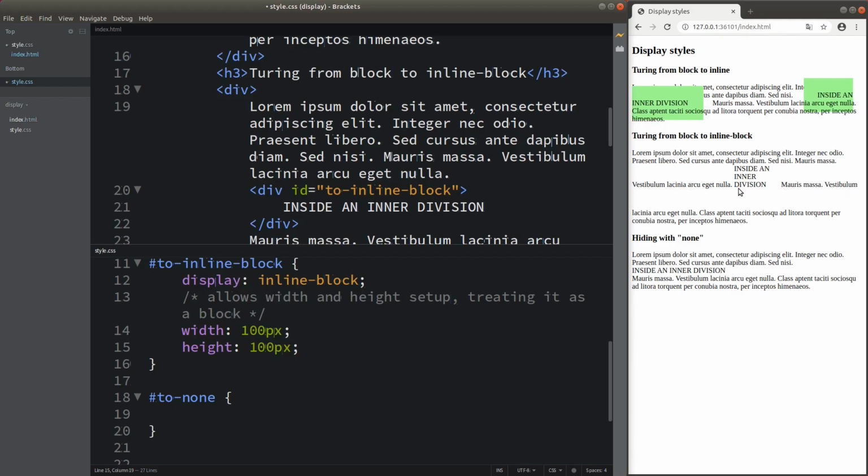Now you can see that the height and the width of the inline block display component is set up here. So 100 pixels simply means the height and the width of the inline block display component here, okay? And to clearly illustrate the width and height, I can add the background color.